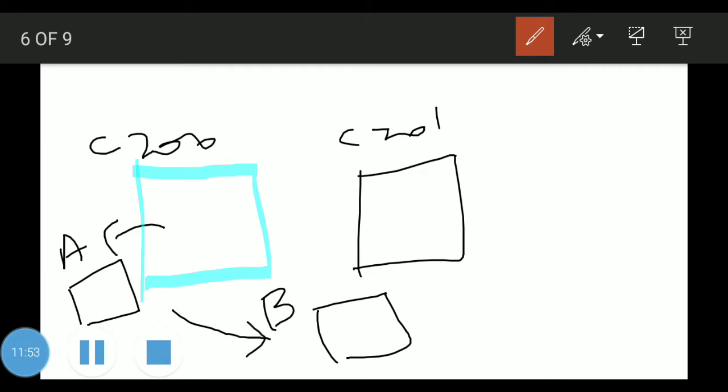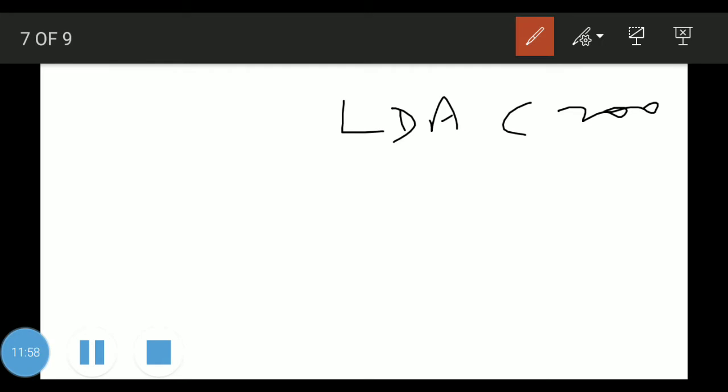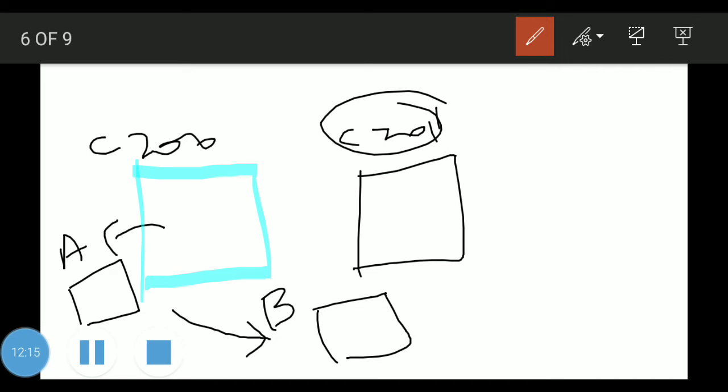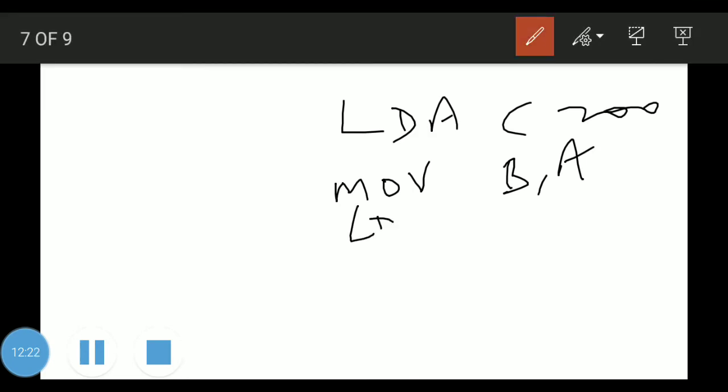So what is the code? The code is MOV B, A. Now another location I want to declare, this C201. How will I declare C201? The same way I declared with LDA. I will write LDA C201H.